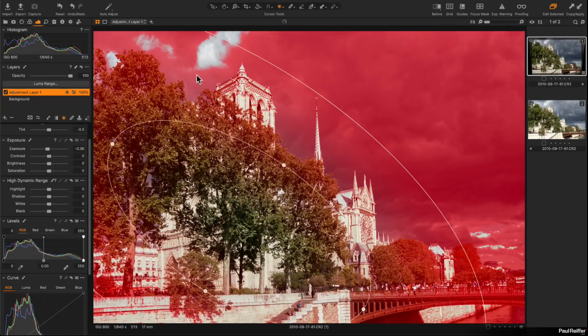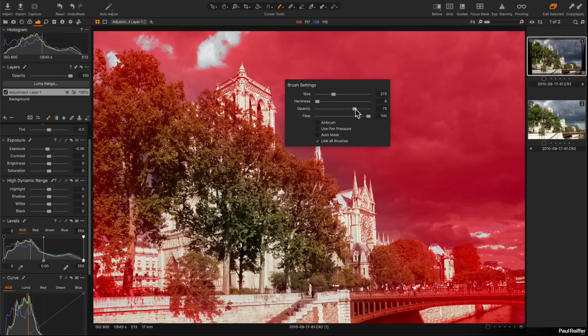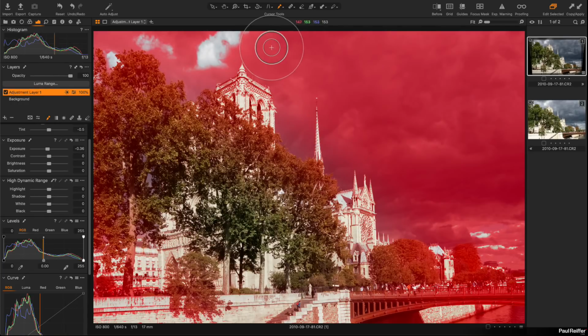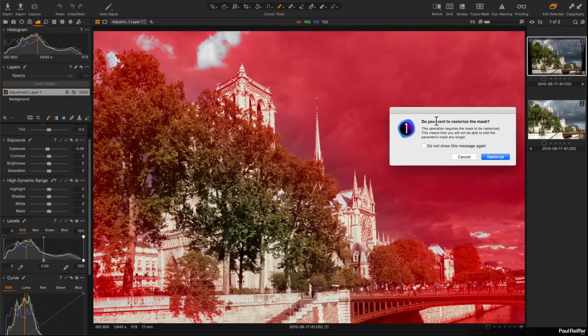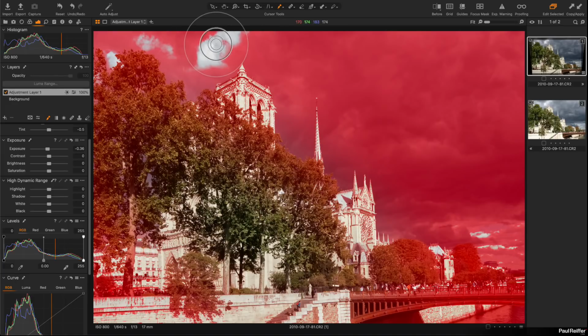But if I really wanted to fill in that mask to be clear, I'd now go in with a paintbrush. I'm going to put a very soft paintbrush, 100% opacity, make it relatively small. The second I go to start painting, Capture One's going to warn me and say, do you want to rasterize the mask? What it means by that is, as a result of starting to paint on the mask, I lose the ability to alter that mask as a radial gradient. So I have no ability anymore to change the shape of that circle or the fall off or anything like that. But what we can do is start with that as a base, choose our luma range as we've just done, and then as a result of rasterizing the mask,